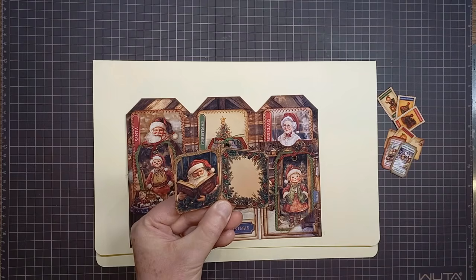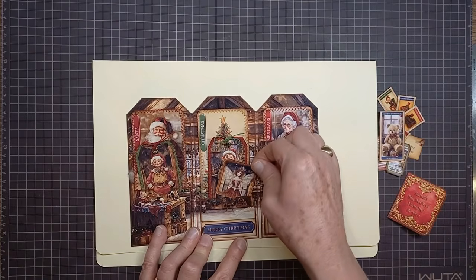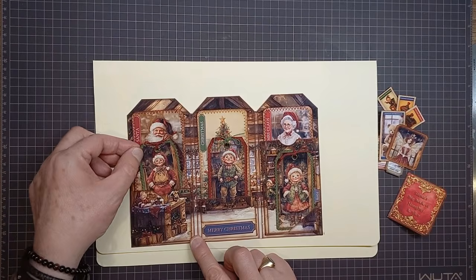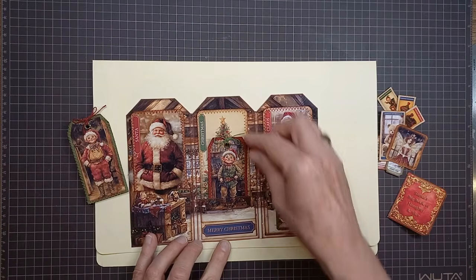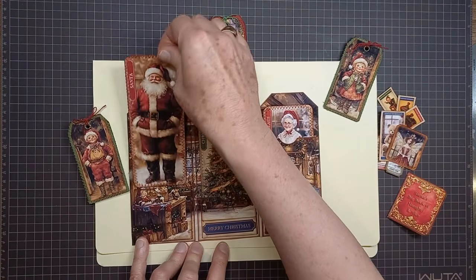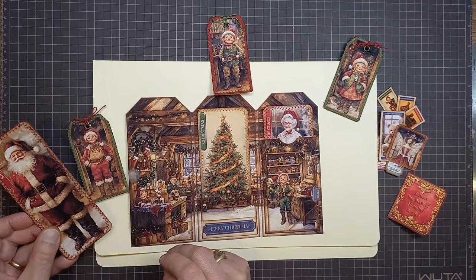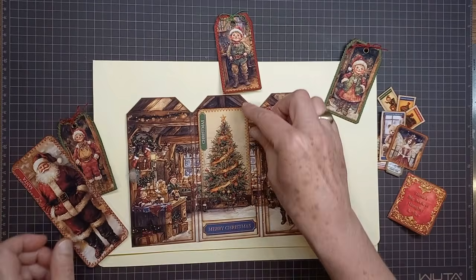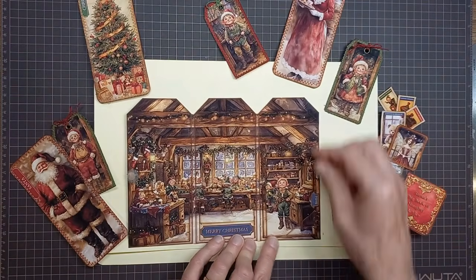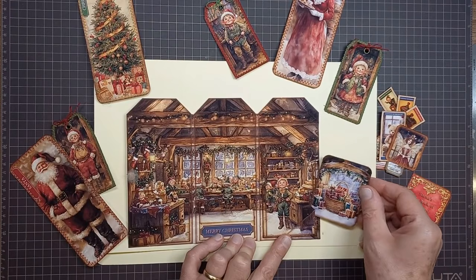So Santa's reading the book, and there's a little journaling spot there. There's a teddy bear tea card and a little journaling spot for the fairy from the Christmas tree. And then we've got these cheeky elves tags, and then here we've got some large journaling cards that I've backed and the papers in the kit for backing. I've sewn all around these tags and journaling cards. Here's the Christmas tree and Mrs. Claus. And over here there's a little label that says toys, and that pulls out for another journaling card in